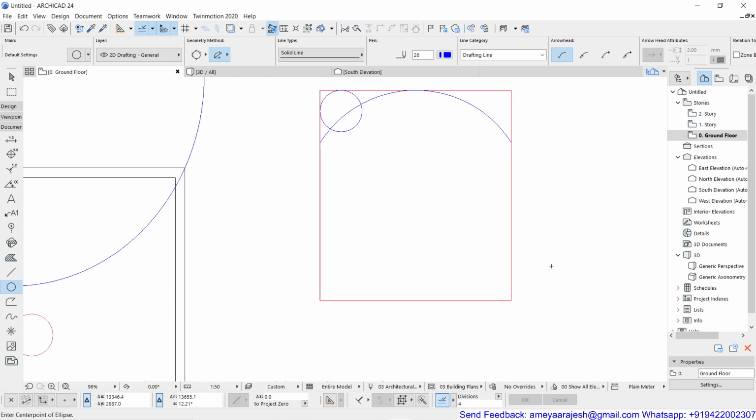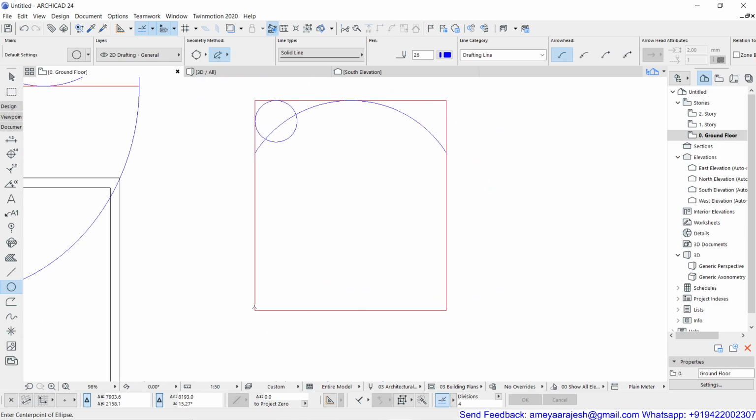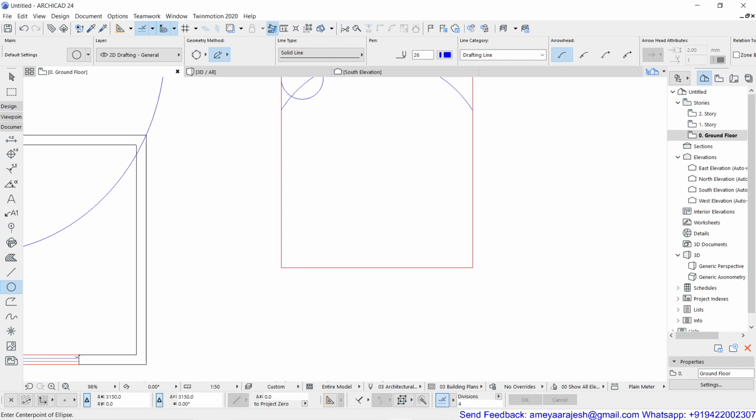Okay, so what I'm going to do is just check out center point of ellipse, enter center point of ellipse. So this time I'll select this half of the horizontal segment of this rectangle, that is the midpoint of this base of the rectangle, as my center point of the ellipse. Okay, now it is saying enter endpoint of ellipse axis.